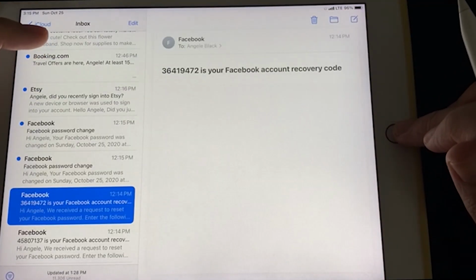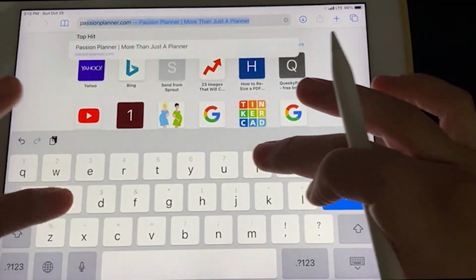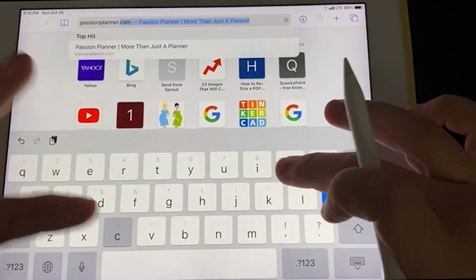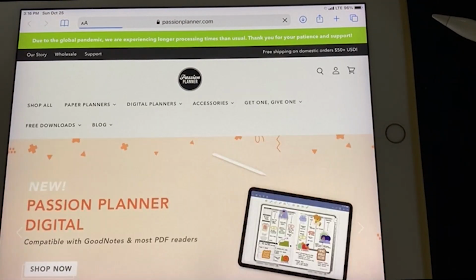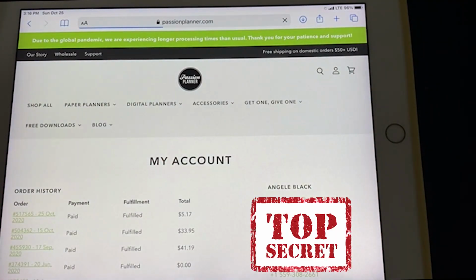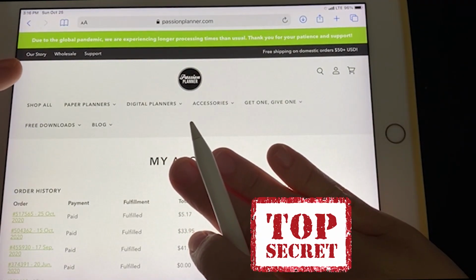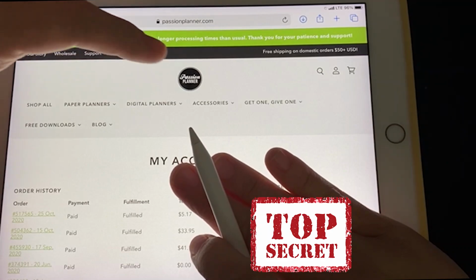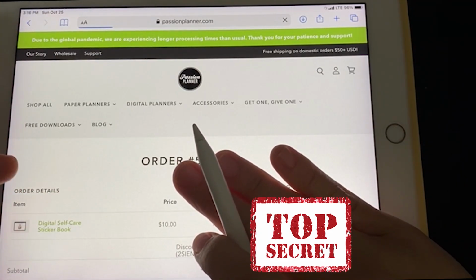That's okay. Okay, now you guys saw my Facebook code. Don't use it. Okay. Because I forgot my password. Does anyone else forget their password like all the time? All the time. Okay, so let me get in here. Oh, that's my, don't stalk me. Okay. Oh, Lord. She's a mess. Okay, so